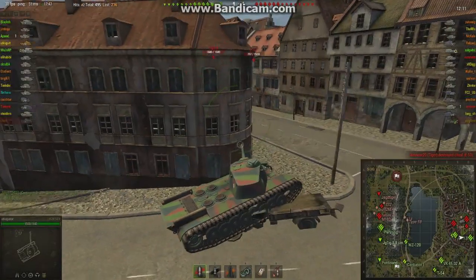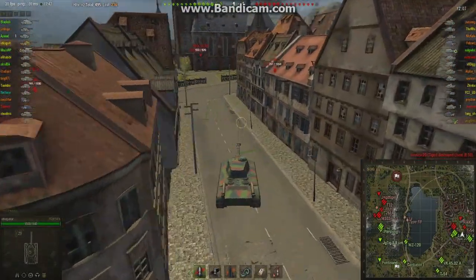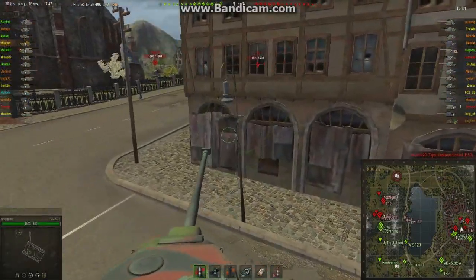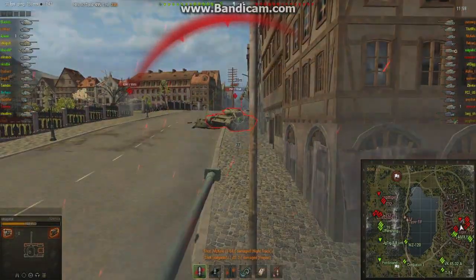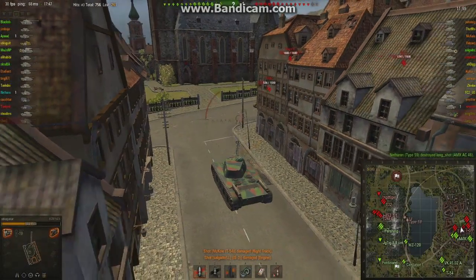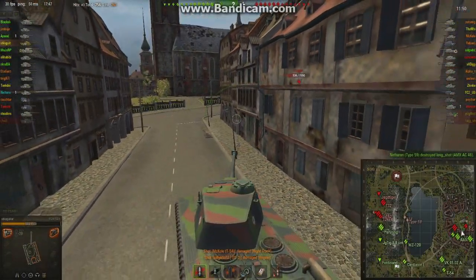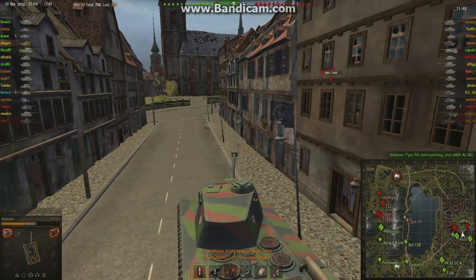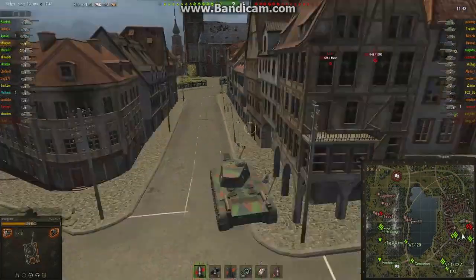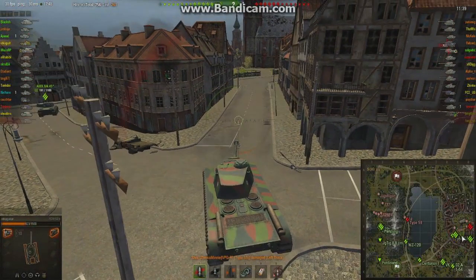I'm pretty sure... Oh, this is going to be a bad situation for our team. I got the T-54 sitting right here, and I think he's going after that. I was going to say, hopefully he doesn't realize I'm here, but obviously everyone and their mother's brother knew I was there, and so now I'm completely moduled. I lost my engine. Is our Tiger 2 dead already? Where did the Tiger 2 go? So he's not engaging him. He's just...